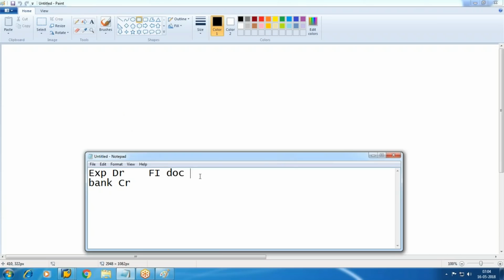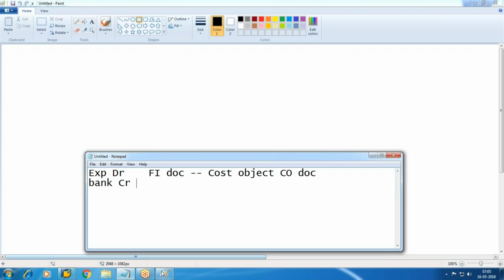If I add one cost object here, right, a cost object, then one controlling document will be there. Maybe let's say we add a cost center, so one FI document, one CO document. This data is going to be saved in two tables, and this data is also going to be saved in two tables, right? So